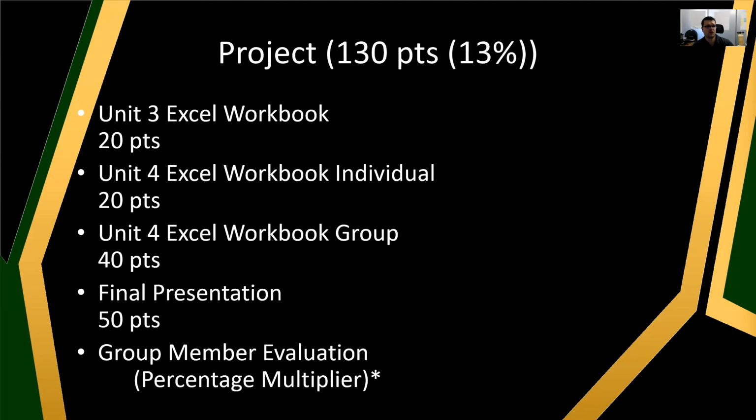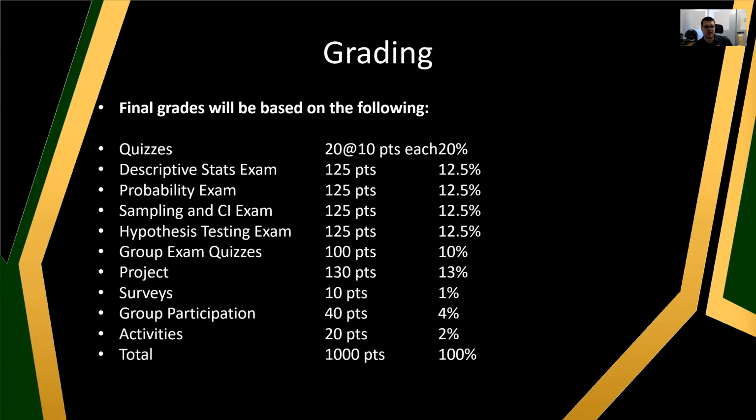So, Unit 3 Excel workbook. These are for the project. This is something that you do as a group. Everything that you do as a group is really set up to get you an A. I'm not going to say it's a free 130 points, but on average, people earned probably about 115, 120 out of 130 last year by doing the Excel workbooks. And this is for the Unit 3 and Unit 4 projects. Everything is built into your weekly work, but then you also have a final presentation, and so on and so forth. We'll get into that a little bit later.